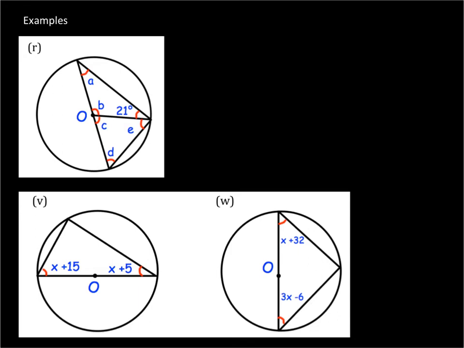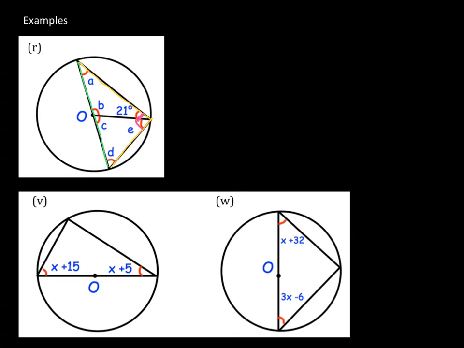Now, when you practice some questions on this a little bit later on, you'll be building up to more complex problems as you work through the questions. So have a look at R. Now, it might look a bit bewildering to start off with because there's so many different letters labelled on here. Now, here's the diameter running through the centre of the circle, and then we've got our triangle inside a semicircle, which means that this angle here